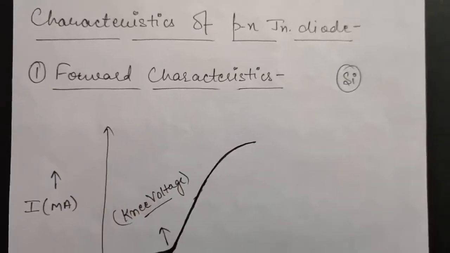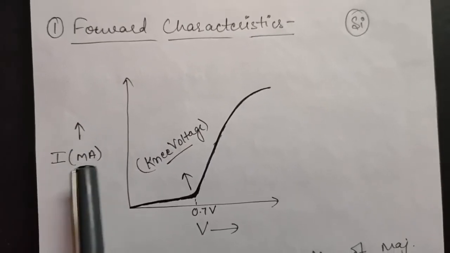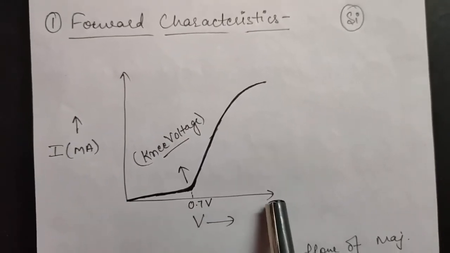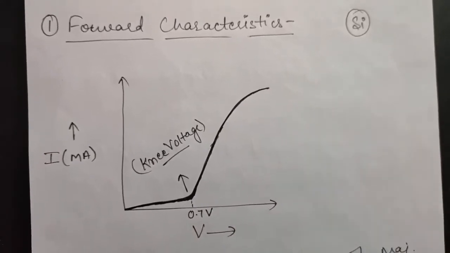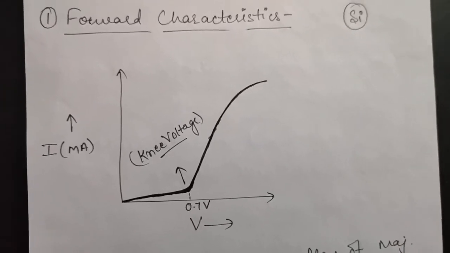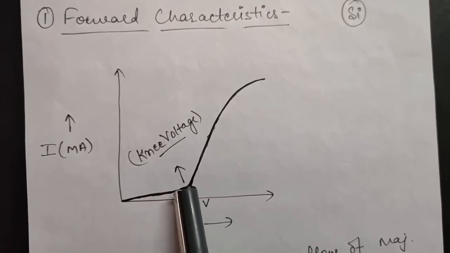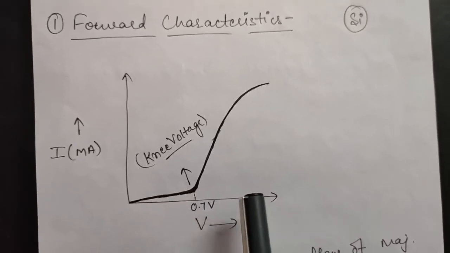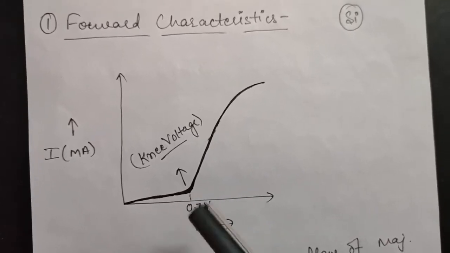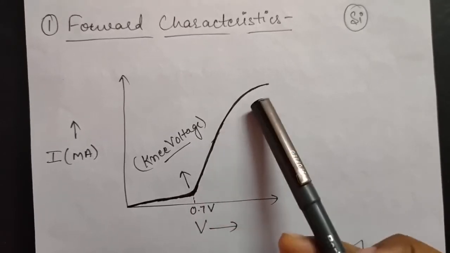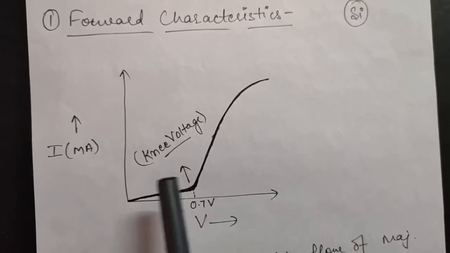So here, as you can see, I have plotted a graph for forward current, which is in milliamperes, and forward voltage, right? And I have drawn this diagram for silicon, for a silicon crystal. Now it was seen that the graph takes this shape: the current is very small up to a certain voltage, say 0.7 volt for silicon, and after 0.7 volts it starts increasing very rapidly with voltage, right? Now this 0.7 volt was called the knee voltage.